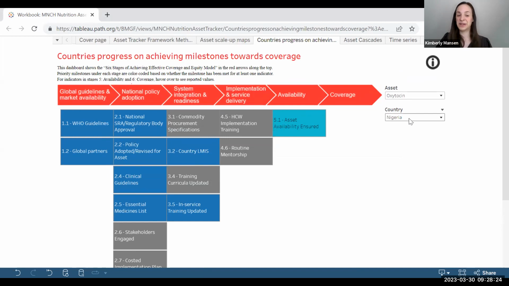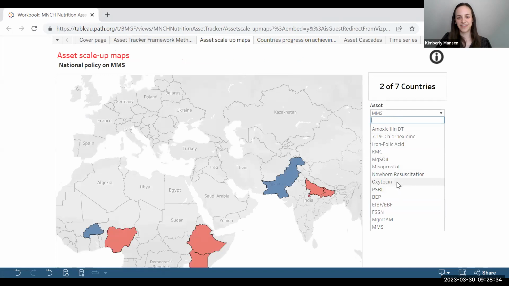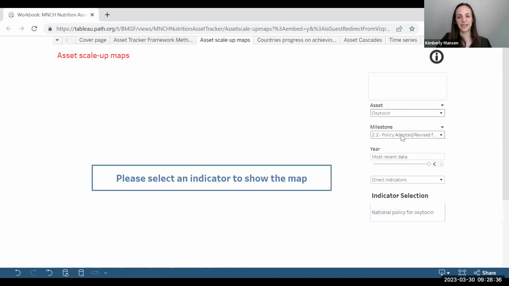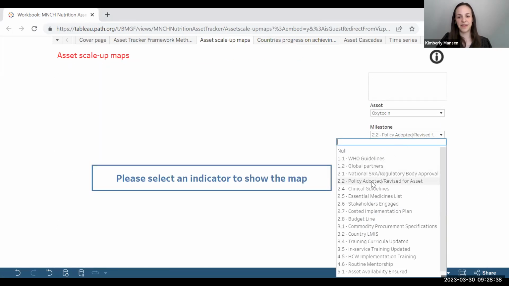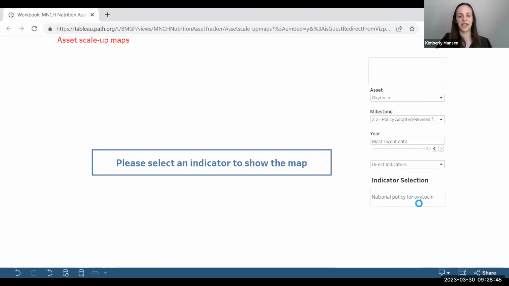For example, I could have used this tab and toggled or switched between different countries, but I want to visually see this. So I'm going to go to the scale up maps. I choose oxytocin. The milestone is at the national level, the policy adopted, and then national policy for oxytocin indicator selected.